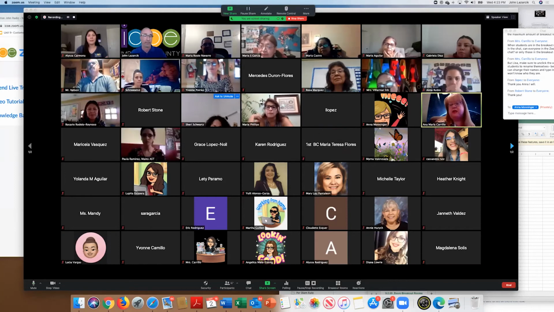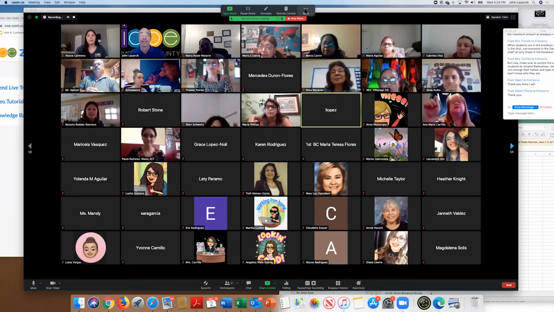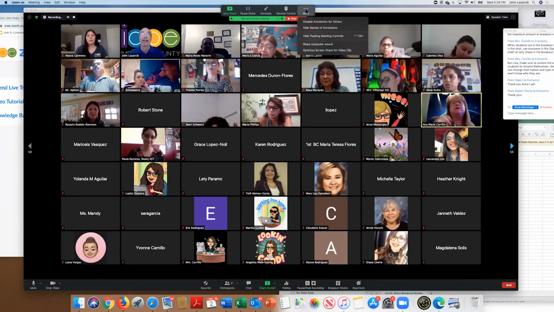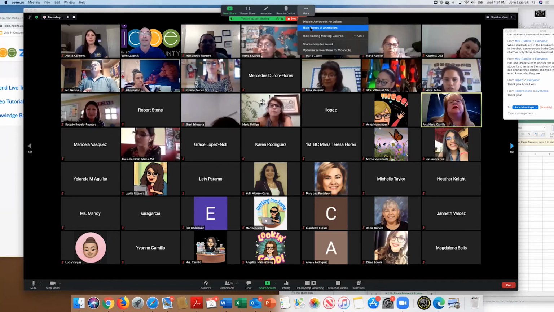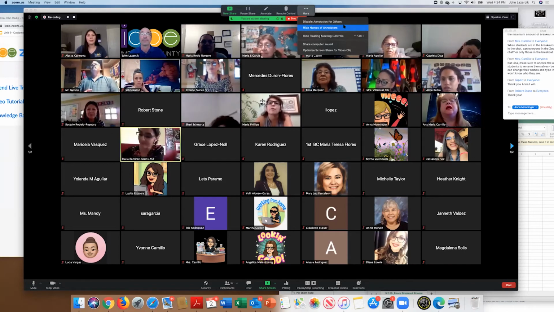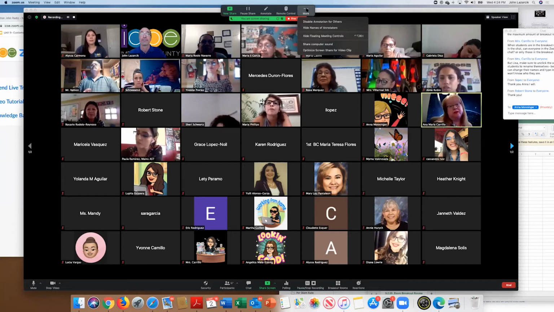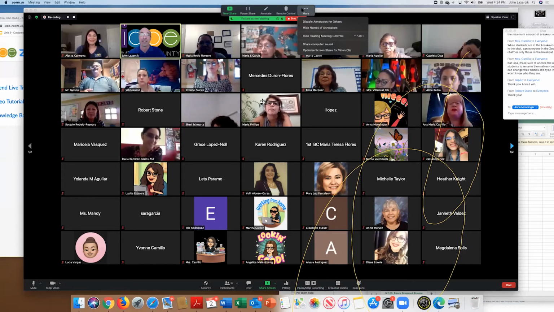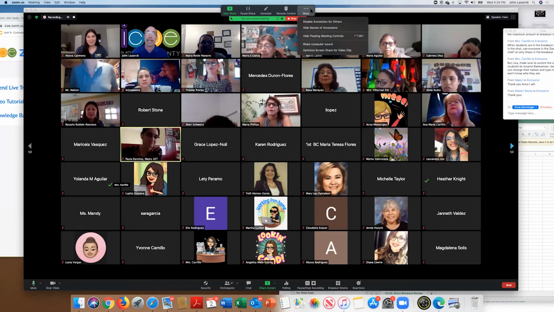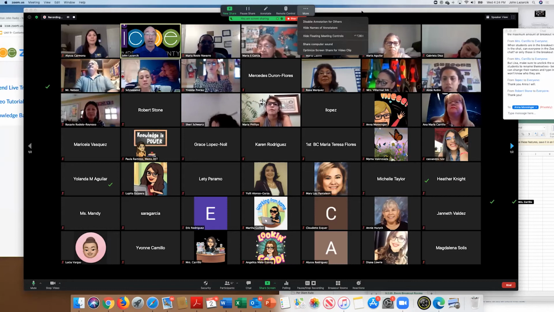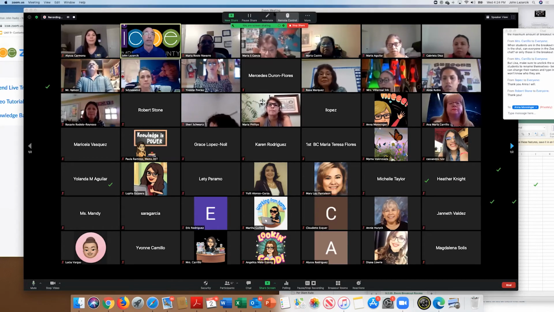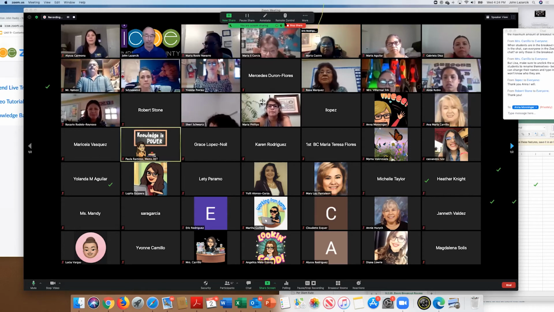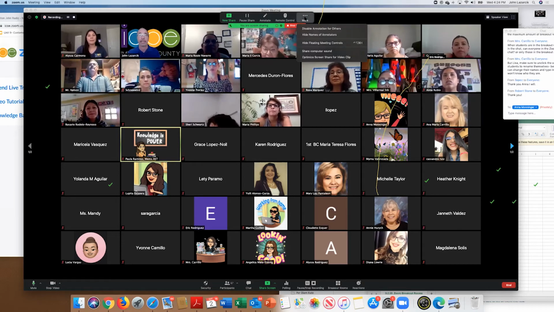But you have to set it so that you see the annotators' names. When you go to the 3 little dots next to your options up at the top of the screen, right there, that's where it says allow annotating. You can block them, or you can be able to see the name. It says see names of annotators. So if you're sharing your screen and you see this, can you guys see this up here? Yes. Okay. You see, these are some more Zoom controls, and you click on these 3.